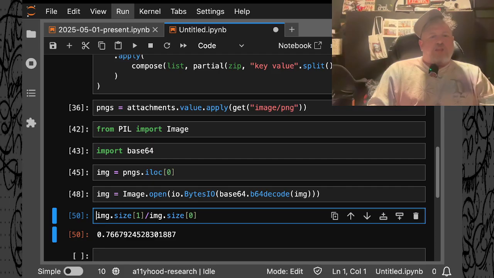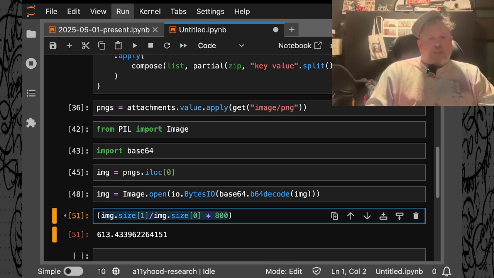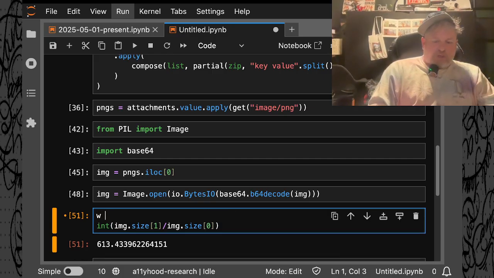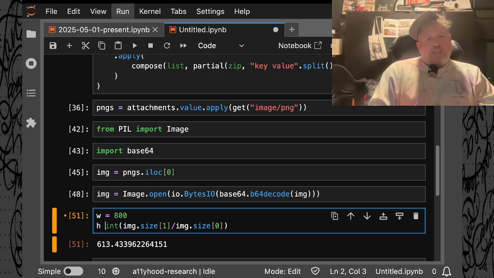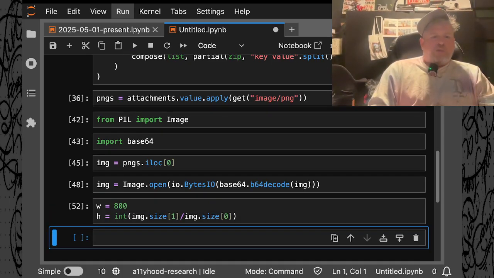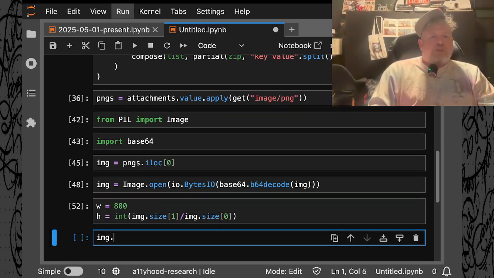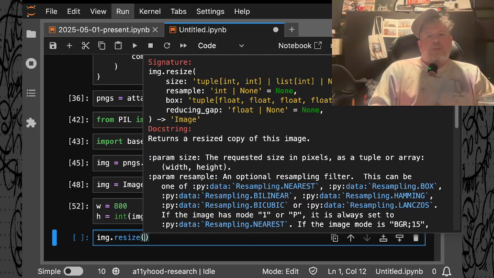That's the aspect ratio. And then we want times 800. And then that's the new size. So int, width equals 800, height equals that. And then we're going to do image resize to,